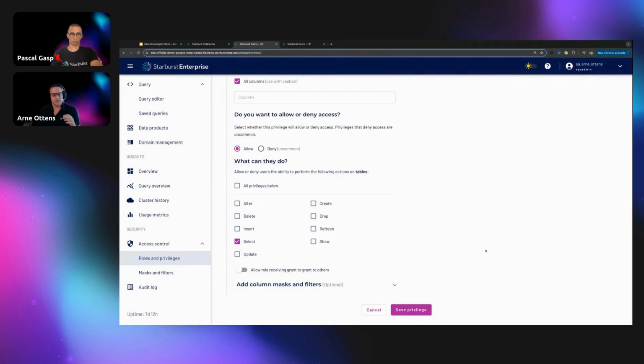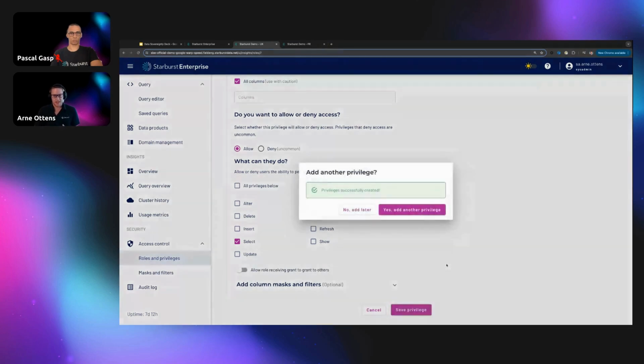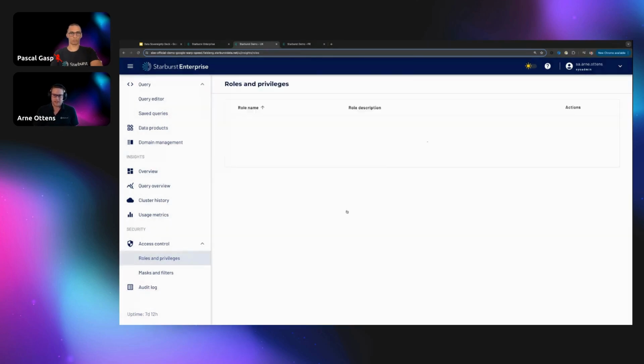We could now go even further and provide column masking, pseudonymization, row-level filters to really get this fine-grained access control and be very selective about what we want to share upstream, in order to stick to all those different kinds of regulations and maybe also customer preferences. We save those privileges and we don't want to add any more for now.